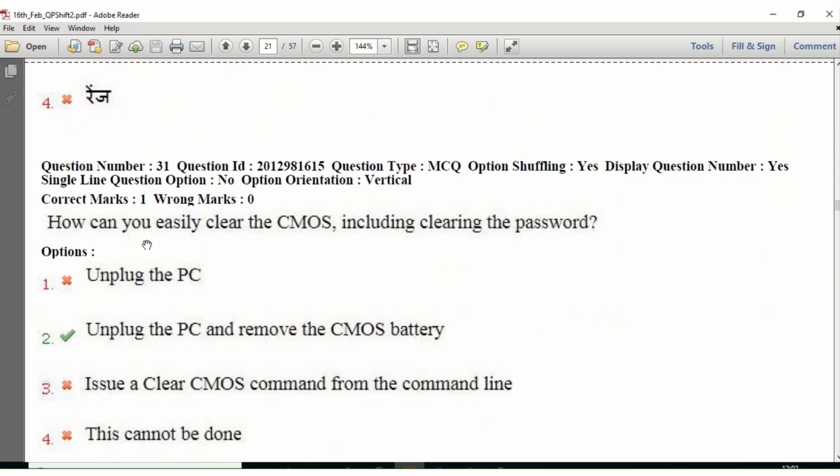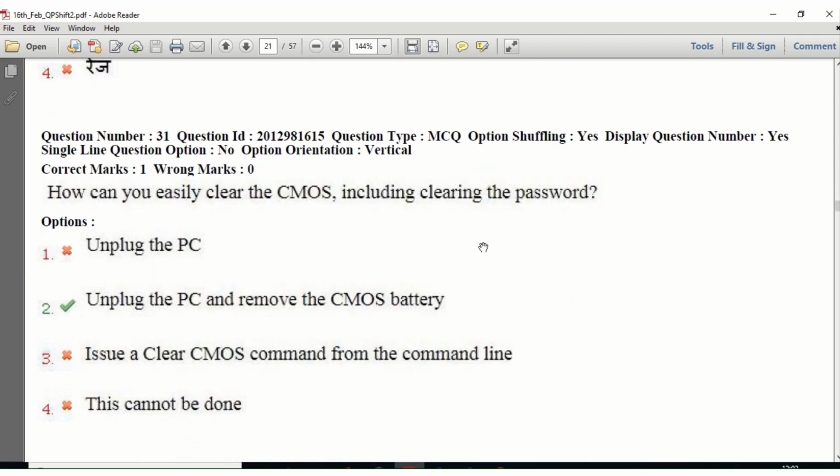How can you easily clear the CMOS, including clearing the password? As we have a password in the Windows login, someone may have introduced a password before booting. It means without the password the computer is not booted.